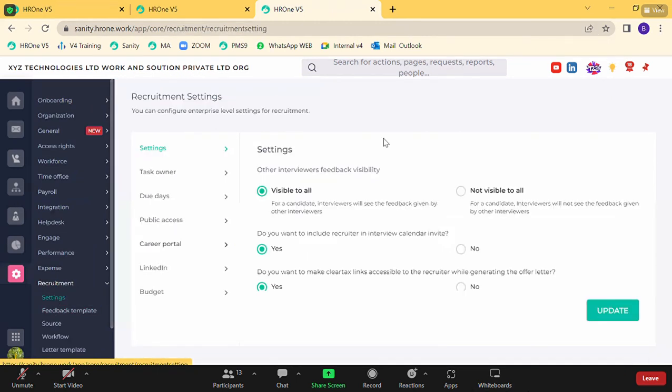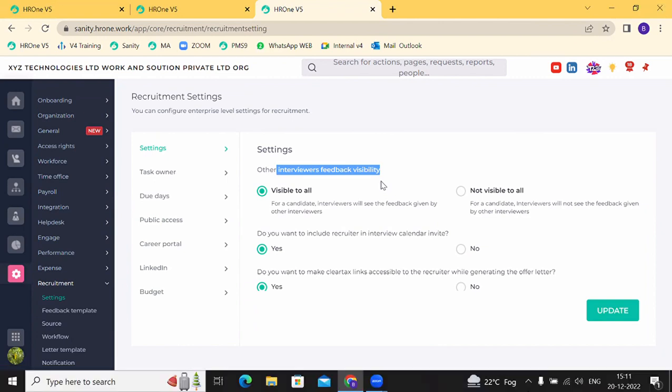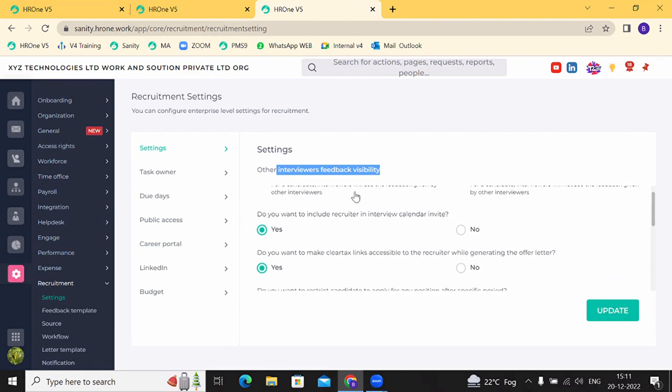So the very first setting is other interviewers' feedback visibility, which means in case there are 2-3 interviewers in an interview, do you want one interviewer to see the feedback of another interviewer which is given to a candidate? In case you want, you can make it visible to all. So for a candidate, interviewers will be able to see feedback given by each other. Okay. And in case you don't want that, then you can make it not visible to all, and only HR or the talent acquisition team will be able to see what feedback has been given. Okay. Then